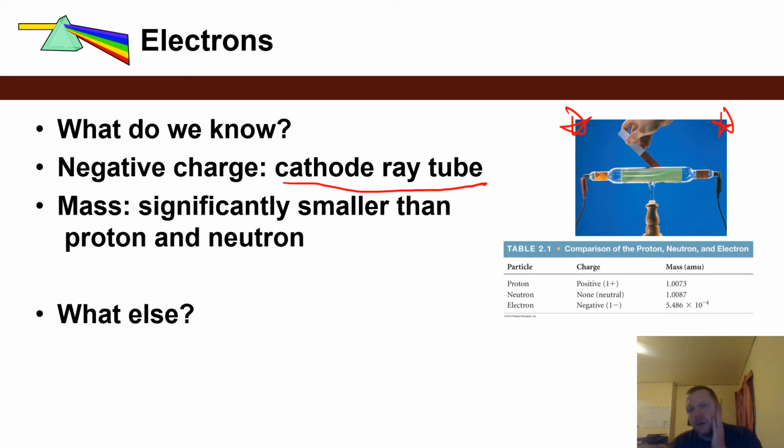And it's this cathode ray tube experiment that basically helped elucidate that electrons had that negative charge. What this experiment consisted of was sending an electric current through a gas and causing a beam of electrons to shoot from a negatively charged anode to a cathode. Now, what you see here, and I'm circling this hand with a magnet on it. Now, I've got to apologize, and I've got to go ahead and erase that circle there,